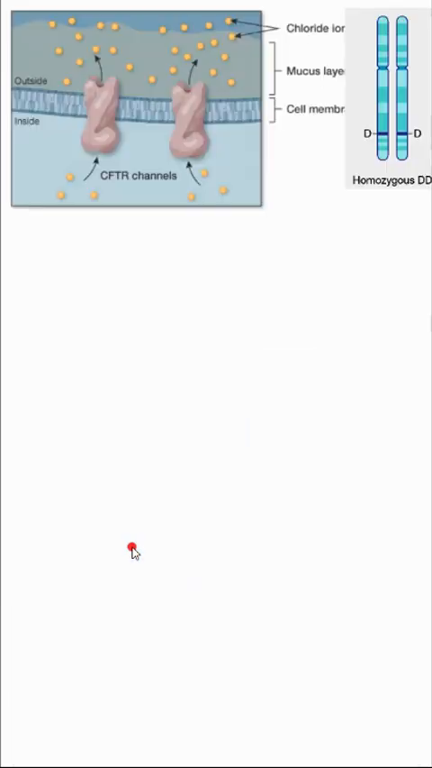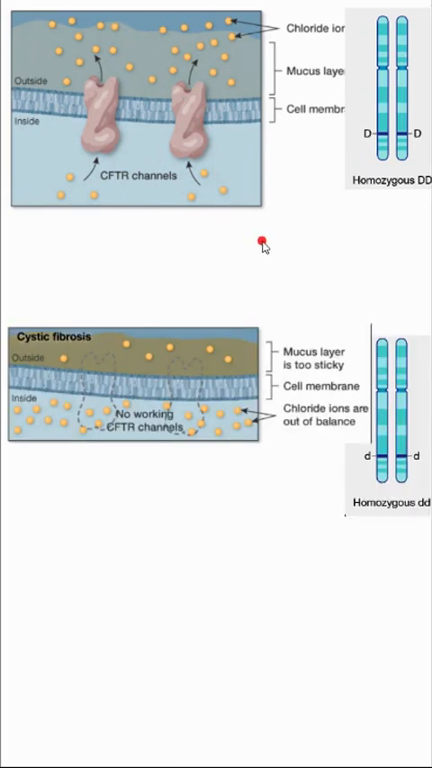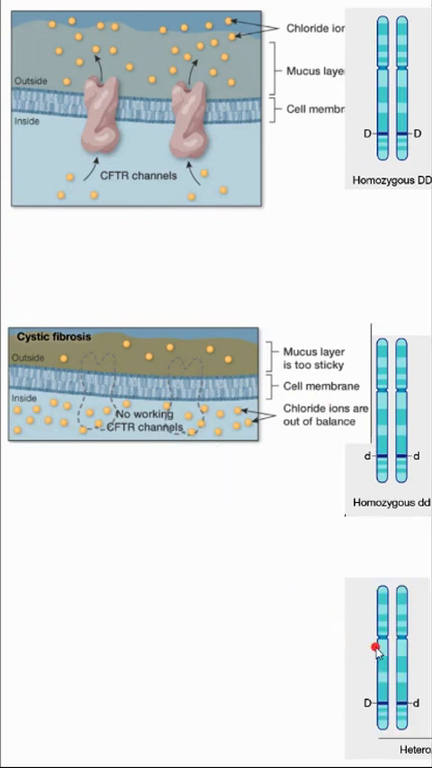So, again, if you were homozygous dominant for the wild type allele, for the protein that works, you would be able to have a normal mucus layer and chloride ions would be able to go through the channels inside and outside. If you have cystic fibrosis, again, the channels don't work and this mucus layer is too sticky. We would think of that as the homozygous recessive, broken, mutated version of that gene. So when we're starting to think about heterozygous,